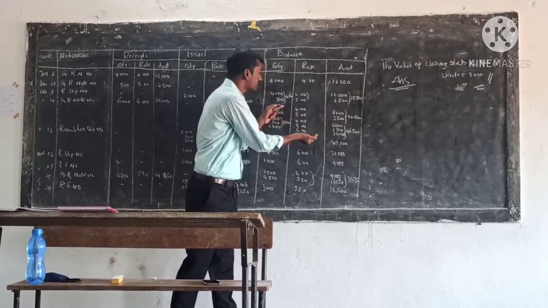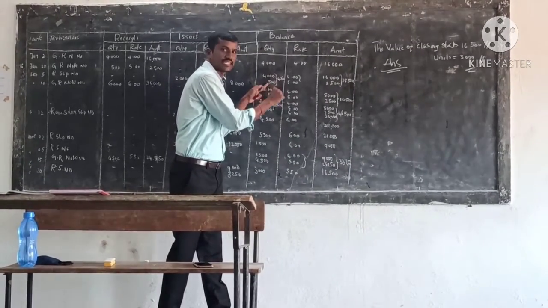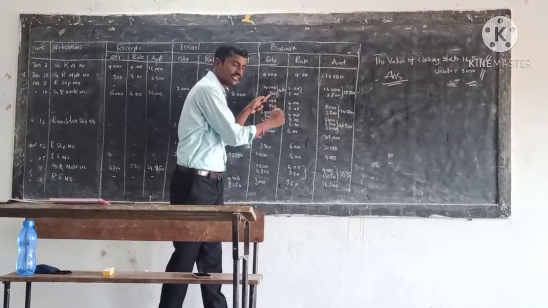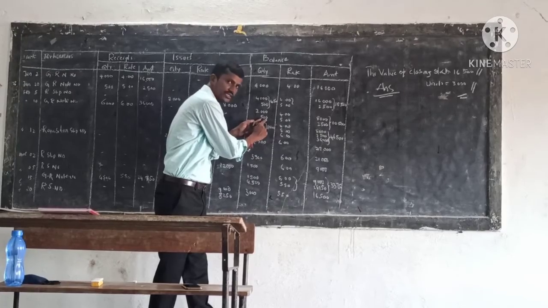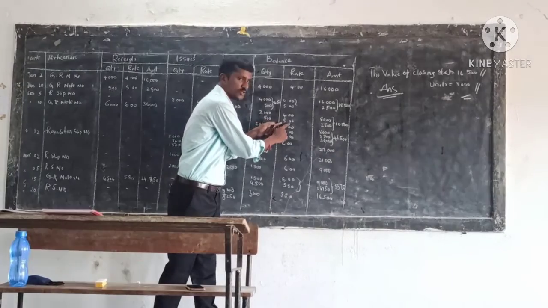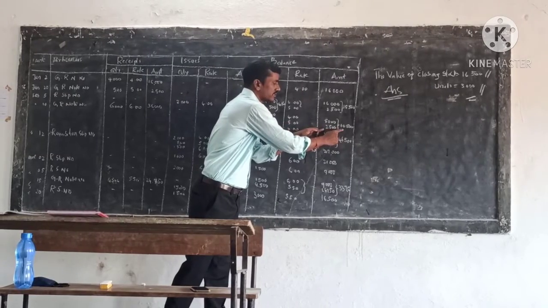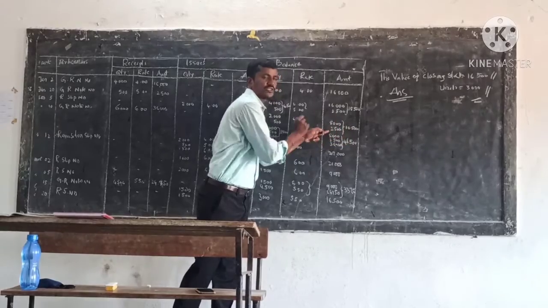Okay. Next, what is the remaining balance? Again we have the 500 units at the rate 5 rupees per unit. So that also can be written in the balance column. So that's why you record the 500 units at the rate 5 rupees, 2500. The total worth of stock as on the date is 10,500.